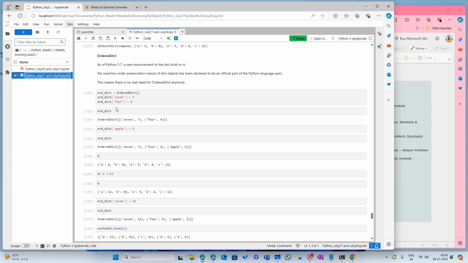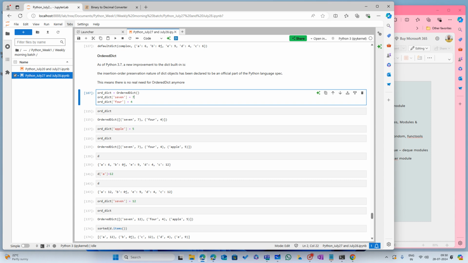Okay, so previously we were looking at ordered dict, and we were trying to compare it with the normal dictionary. A few years back, before the implementation of 3.7, is when I had learned this concept. That is why I was trying the same steps. Now, what has happened is, before version 3.7,